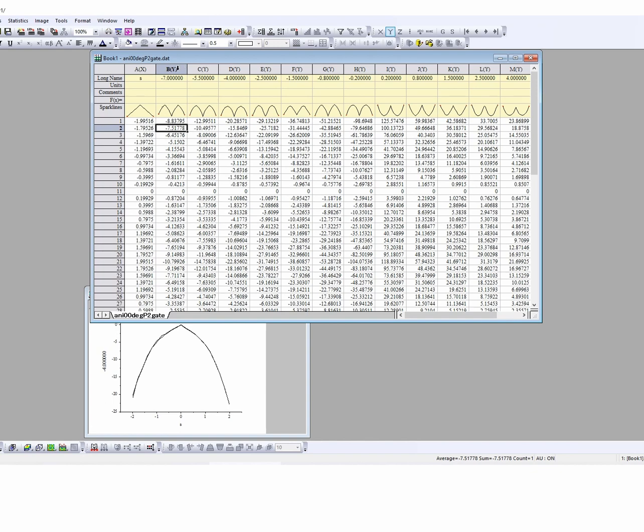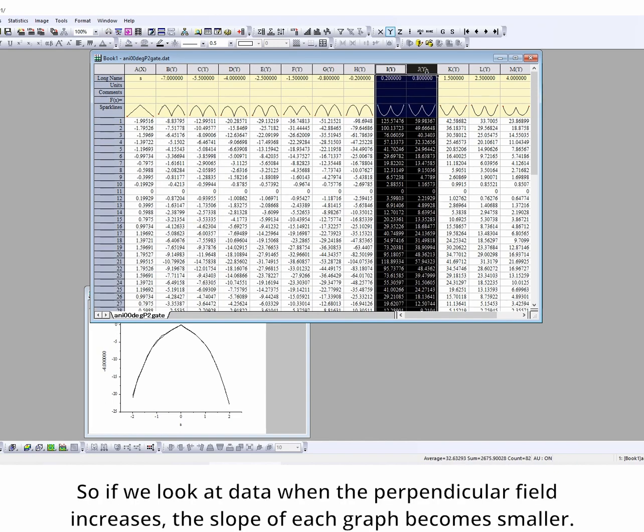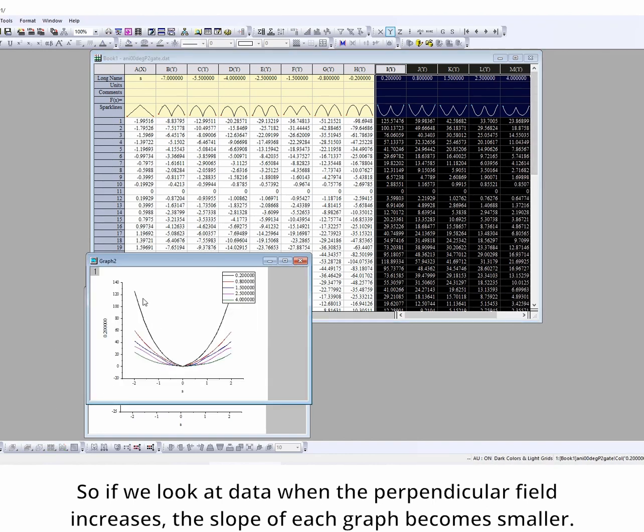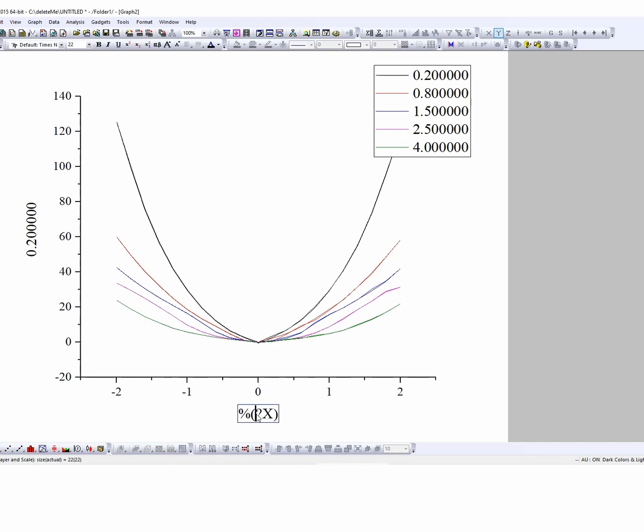So if we look from small magnetic field to bigger magnetic field, you can see that the larger the perpendicular magnetic field we have, the slower the change becomes. So as a result we have the in-plane magnetic field,